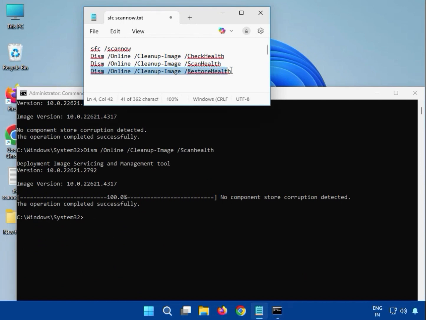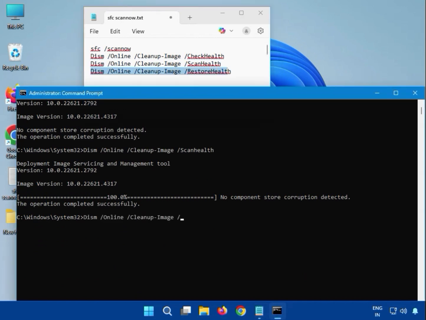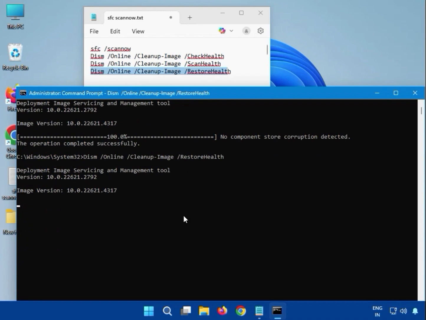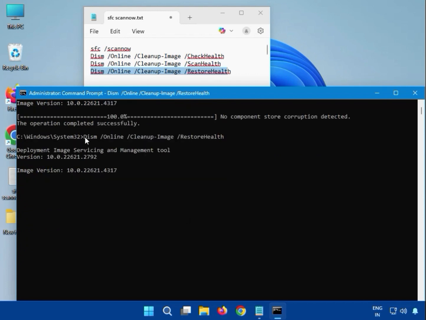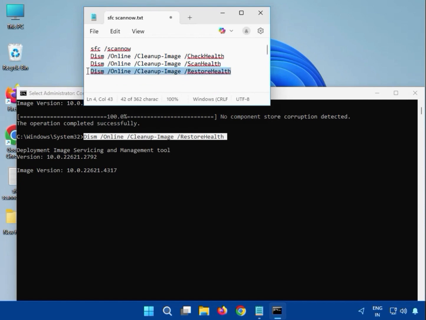Then guys, the fourth one, which is restore health. You can see here, we can enter like DISM and all. And please note small and capital. Okay, restore health, and then hit enter. Again guys, you have to wait. Okay, it starts the percentage. It will complete. After that, you can see here